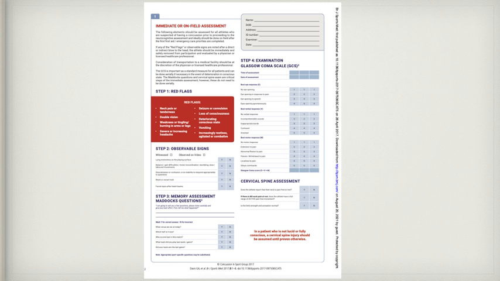So the next page is the immediate on-the-field assessment. We have somebody who has a concussion. You see some red flags there. The first thing, just like I said earlier: neck tenderness, neck pain, double vision, weakness, and all those red flags. If anybody has any of these, we stop. Okay? We stop. After that, if we don't have any of those,